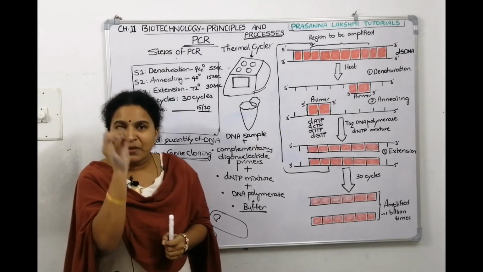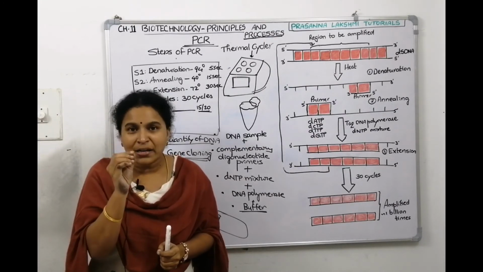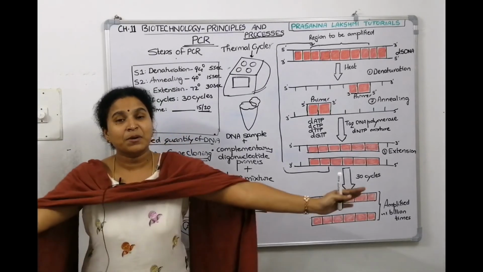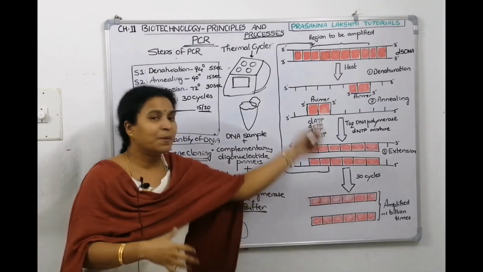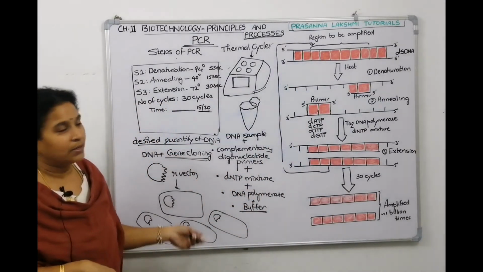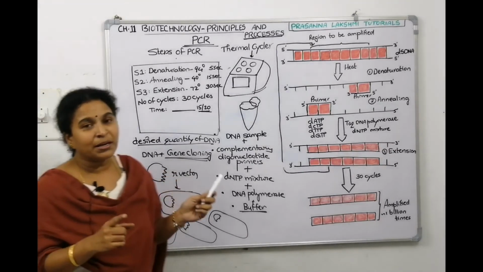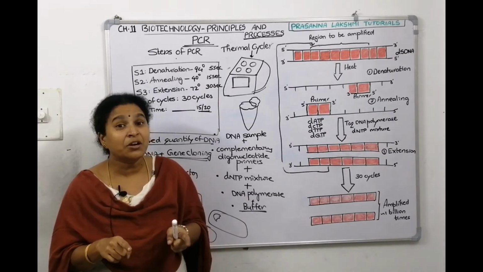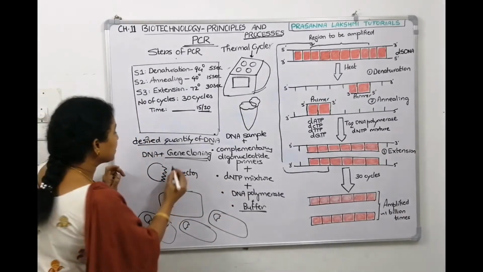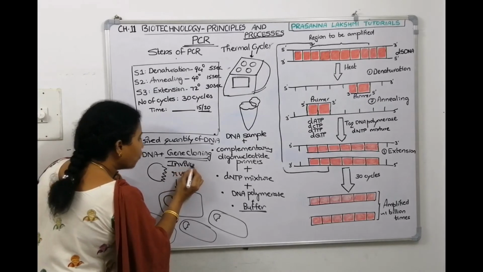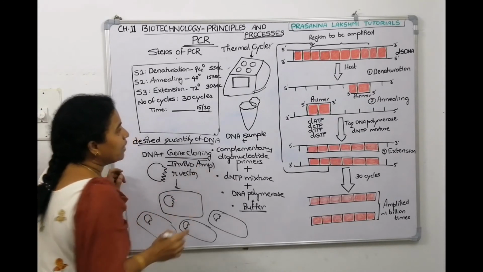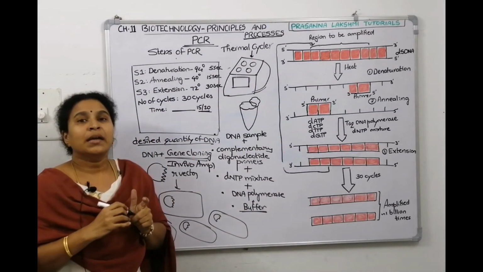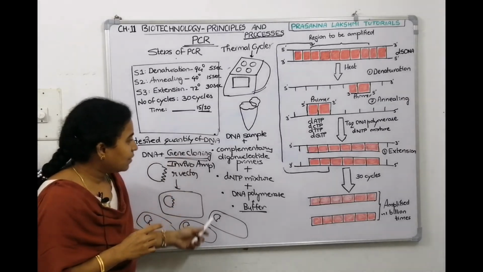When the amount of sample is very low, where you don't have any choice, you want to increase this sample to this much, so this much you can afford it. But then I am telling I want this much, so that much you cannot afford, it's very expensive. Then we will ask the bacteria to do it. That's called gene cloning. Now come on, tell me, where we are cloning the gene in bacteria, is it in vivo amplification or in vitro amplification? Gene cloning comes under in vivo amplification, whereas PCR comes under in vitro amplification.